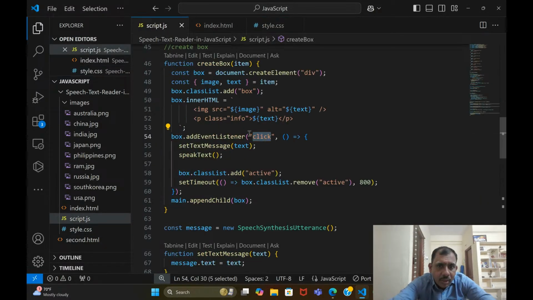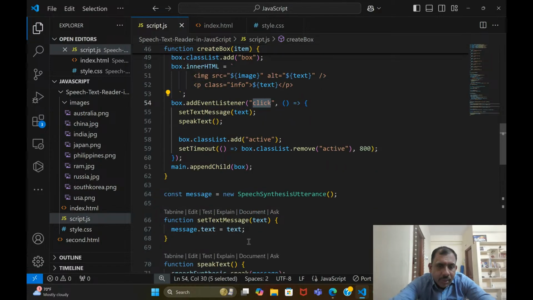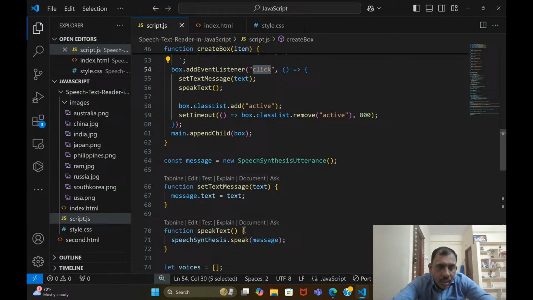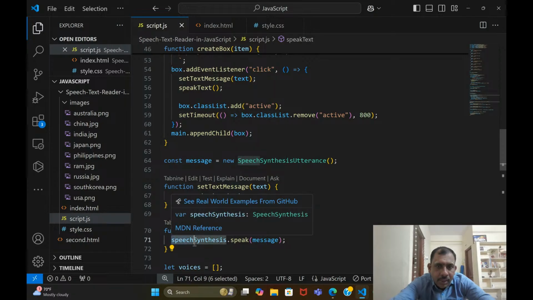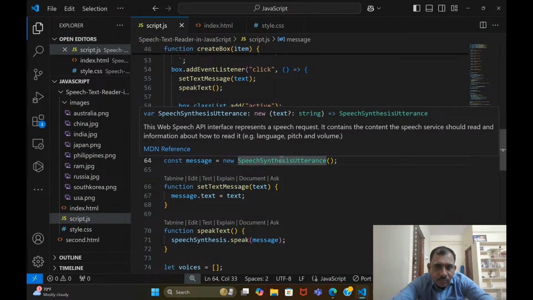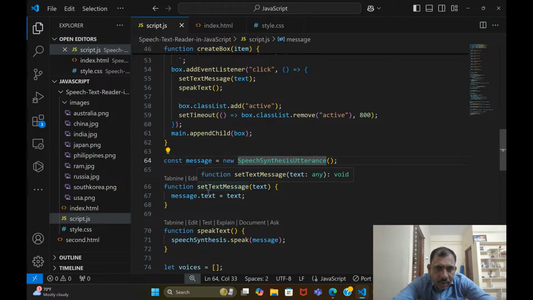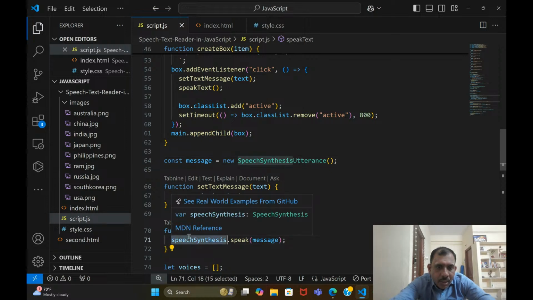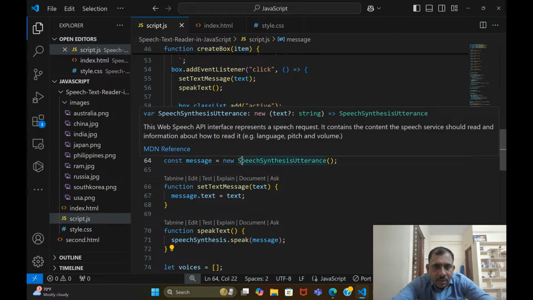Similarly, we have this text in the speakText. It is speaking. This is what happens in the setTextMessage. Message is equal to dot text. We are sending the text, the country name. And what happens in the function speakText, in the synthesis library, here: constant message.text we are assigning, and that message we are speaking. This synthesis library is provided, and if you go search this library,